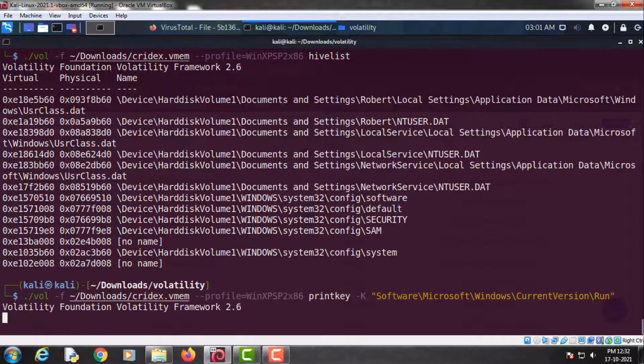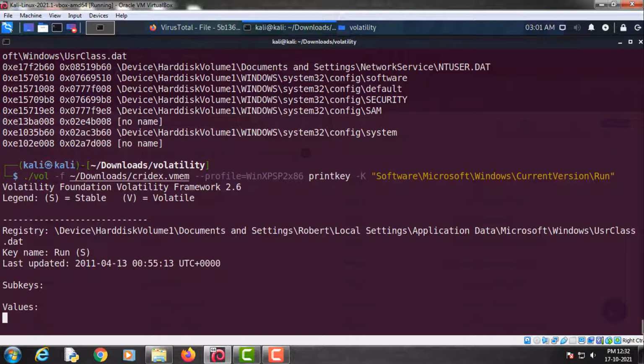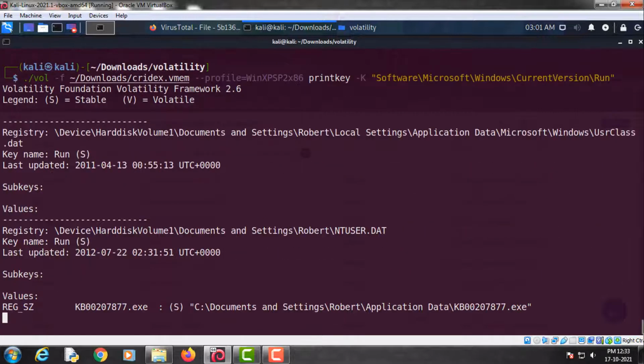So these are the programs which automatically start when we turn on the system.